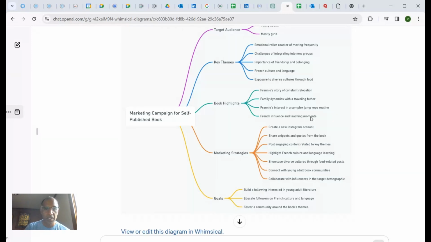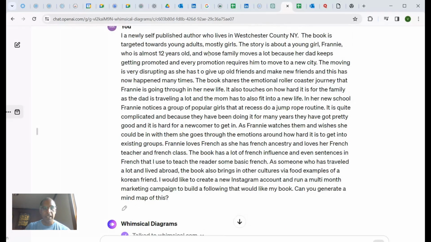So I went to ChatGPT and I gave it the blurb. Again, for those of you who have been following, you realize it's all about the blurb. If you give the prompt properly, you get a lot of information. Now I know I could put this in my profile and stuff like that, but I just like to keep it simple for now. But basically I described the book, talked about what the themes are, and then I said, hey, listen,